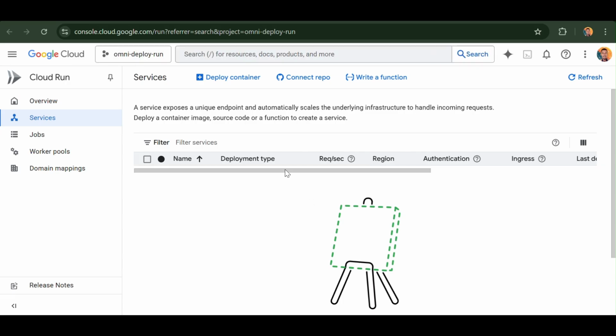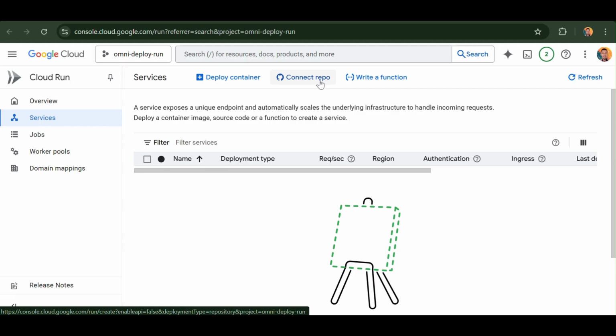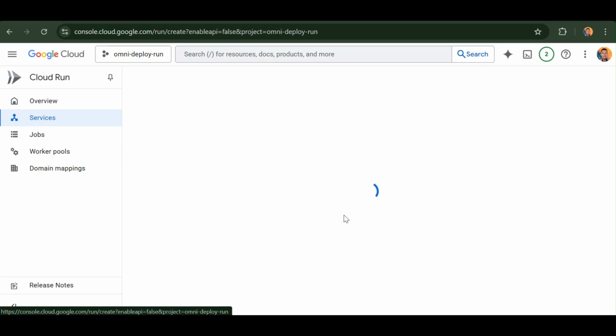And then what we'll go ahead to say, now you can connect it to a repository. So what this would do is it will use GitHub and Google Cloud Build, right, to basically build your images, right? So you can do it when, let's just say, you update your GitHub repository with new code, maybe to your main branch or to your dev branch, then you can go ahead to deploy a new Cloud Run service. So in our case, we just go ahead to click on deploy container,